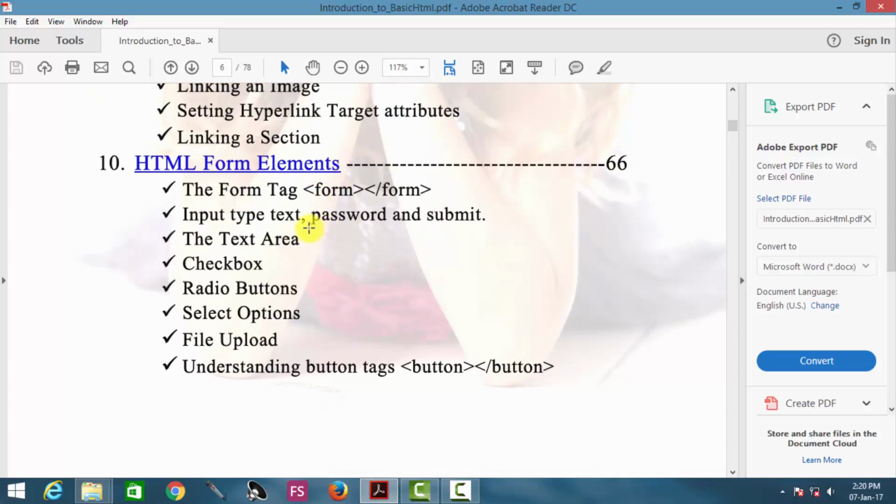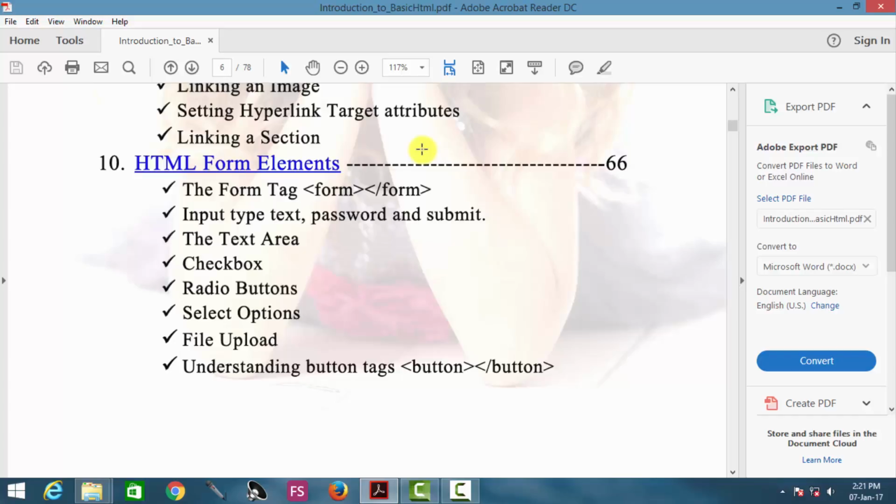Then comes the most vital part of HTML, and it is the HTML form element. You may have witnessed in many sites, like when you are signing into Facebook, or signing into Google, that a form element comes to you. All you have to do is insert your username and password, and then press sign in, and then you are entering into a particular dashboard.